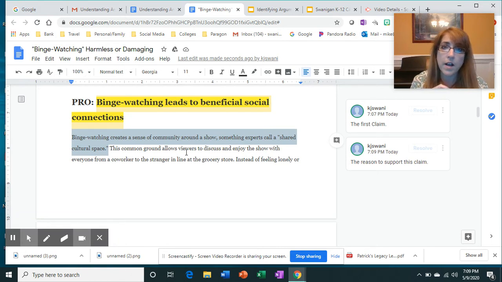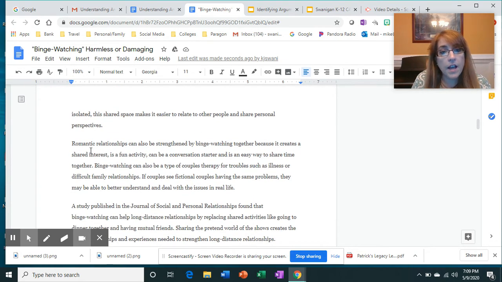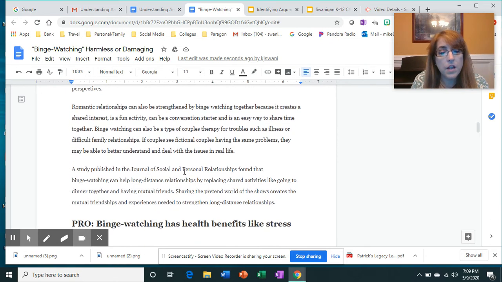Now, as we talked about last week, when we're looking for evidence, we want to look for things like, for example, "according to," or we want to look for titles of other sources, other articles, other books. We want to make sure that we're finding anything that the authors use to support the argument, okay? So I'm going to look down here and see. It looks like I have here, from reading this yesterday, I remember this is about romantic relationships. But here I see a title of another article.